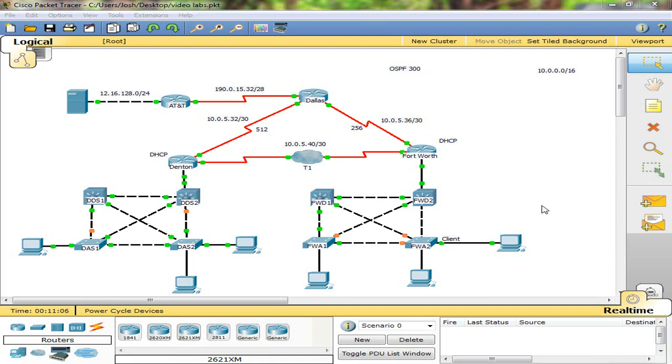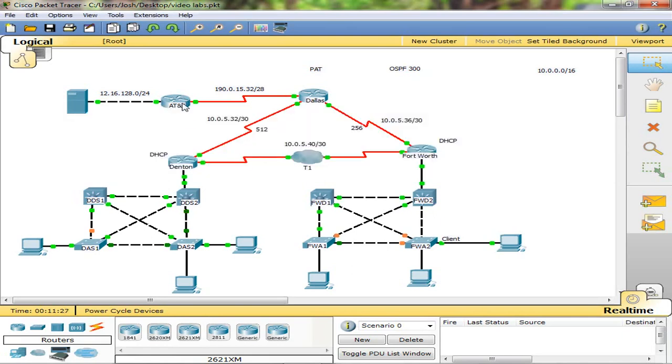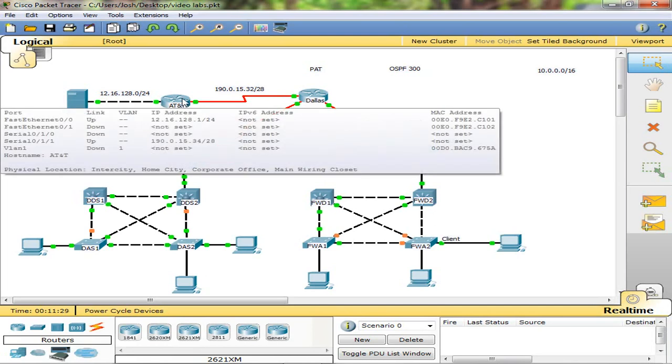Alright guys, now we're going to set up the default routes, the static routes, and NAT. And actually we're going to configure PAT on this router, because it was technically our gateway router. Okay, so you can see on the AT&T router that I have my FastEthernet 0/0 is up with that IP address, and I've got my serial 0/1